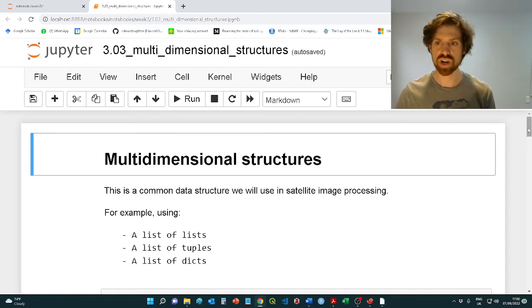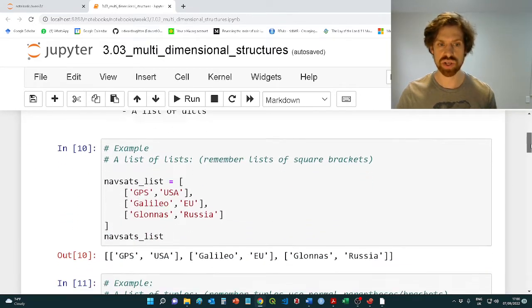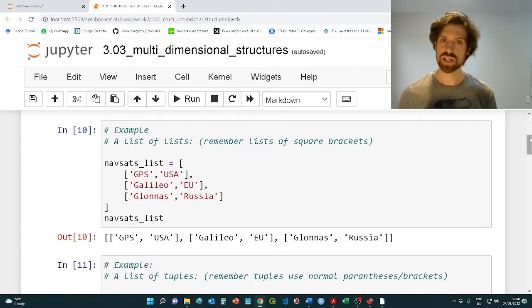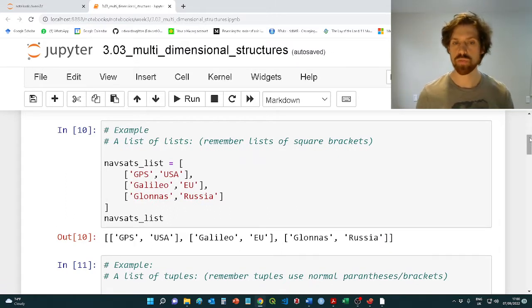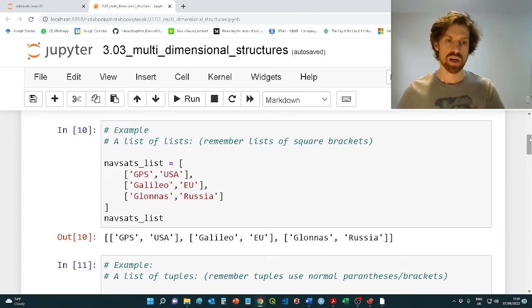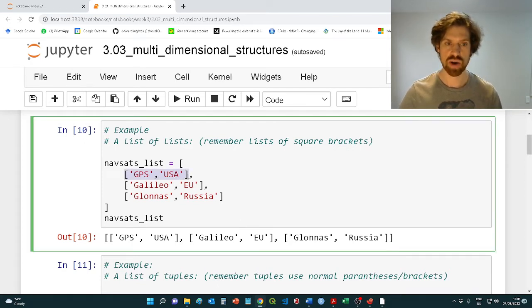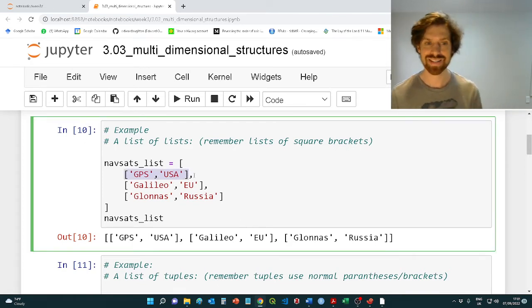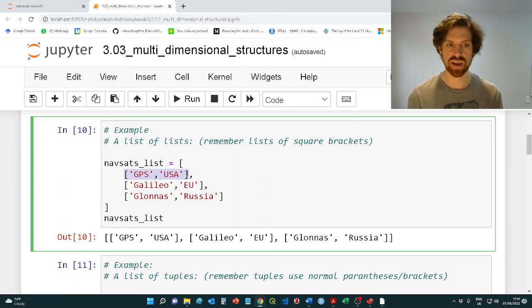Okay, but we need to know a data structure which can actually help us do this. So that's why we're learning it today, and I want us to focus on some very simple multi-dimensional data structures here. And the idea is that essentially we've already covered lists on their own. Okay, so this area that I'm highlighting here is a list, and that list contains, in this case, two